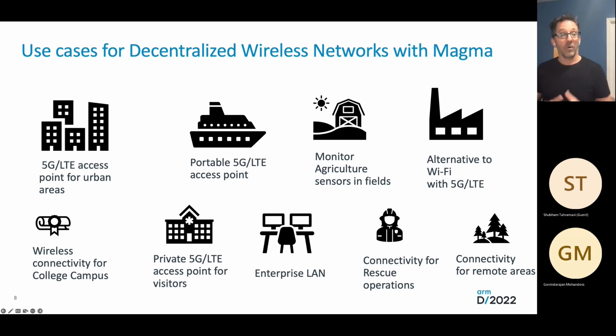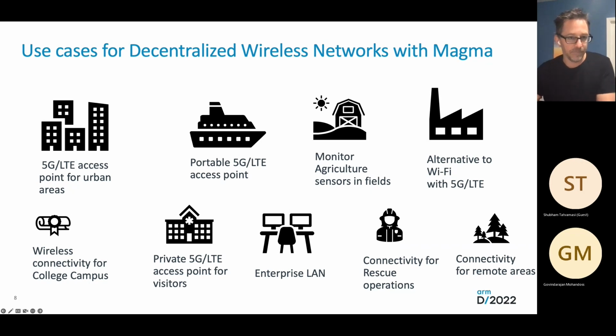to access the internet. Well, one way you can do this with Magma is to host a Magma AGW in one of these buildings and light up a 5G or an LTE network and provide a SIM card to each one of the residents inside of these apartments. They could run this in a standalone box that breaks out and provides Wi-Fi or network or Ethernet. The main point is you don't need to run a cable from your central backhaul into the apartment to all of these separate apartment units. You can just light up this 5G or LTE network and then provide access to the